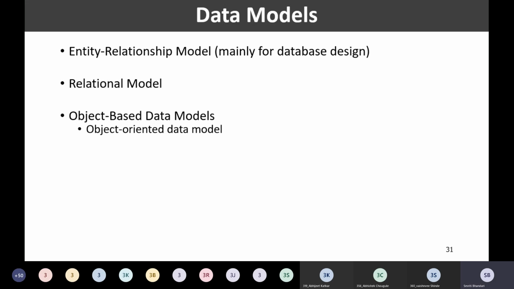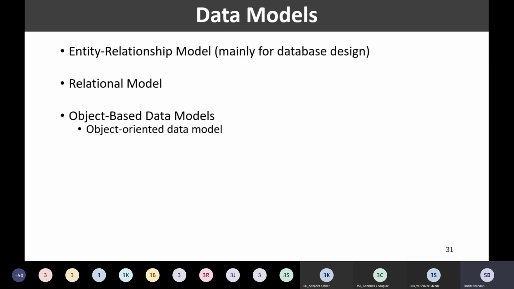So, in brief, if we extend the entity relationship model with the notions of encapsulation, methods or functions, object identities, those are the dominant terminologies in object-oriented programming languages, then we come up with the object-oriented data model.